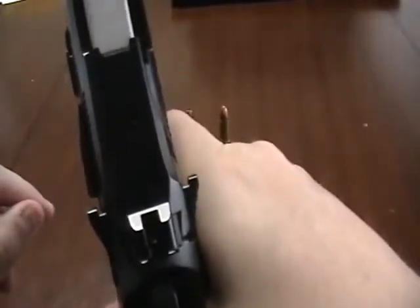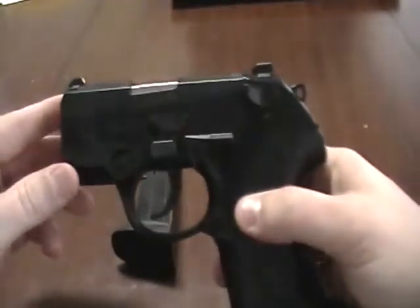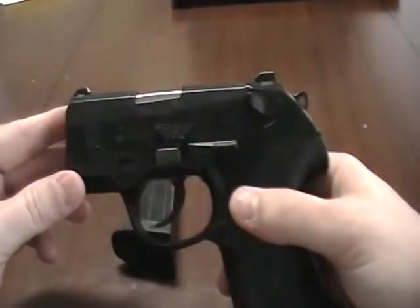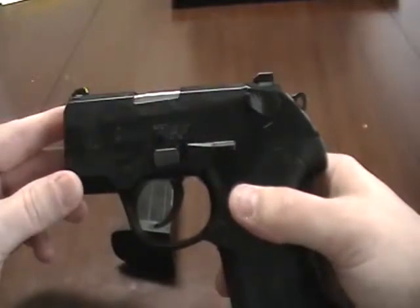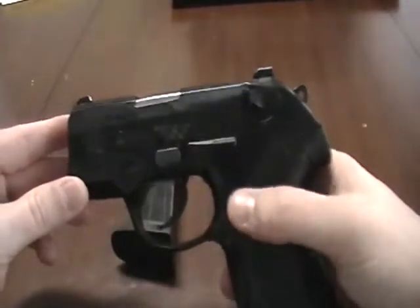But again, if I'm carrying a firearm, I want to remember that the firearm is on me. I don't want to get sloppy with it. I want to make sure that I remember that it's there, and that's why I don't particularly favor what I tend to call the micro subcompacts, the Ruger LCPs and those other guns. And again, not knocking anybody that has those. If you got them, great, carry them, practice with them, but for me, I just prefer something a little more